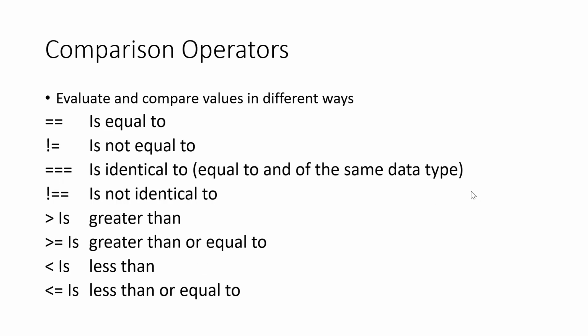Then you can also use comparison operators, which is helpful for you to make comparisons. You can use equal signs, not equal signs, triple equal signs, which means whether it's identical. And then the fourth one is not identical to. Okay, let me explain this, what it really means. Now, I will go back to my